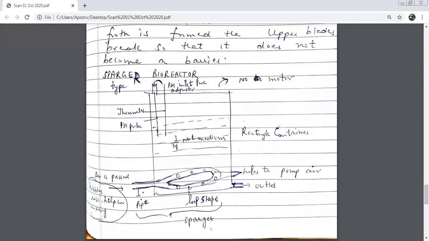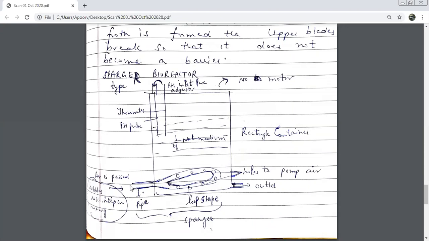So you can see this pH inlet. We had this in that also. pH pore and pH probe. Can you see this is your pH probe? This is your thermometer. Though I put it on one side, if you want, you can put thermometer this side and pH probe this side. So these two things are same, which we had in that. Let's compare the similarities and differences. In similarities, we are going to have a thermometer. We'll have a pH pore. We'll have a pH probe. The medium will be filled up to 3/4 only. Now let's come to differences. We do not have a motor. The container is rectangular. It does not have a curved base. Is it okay for everybody?